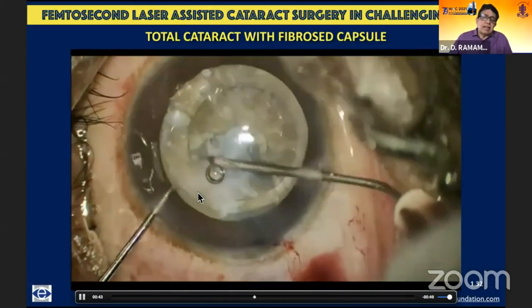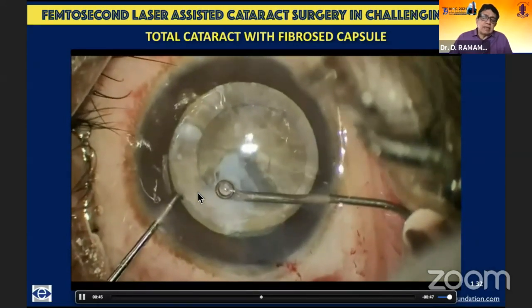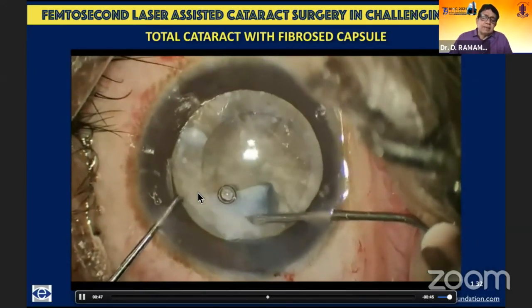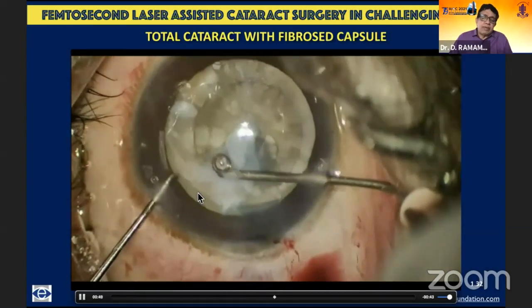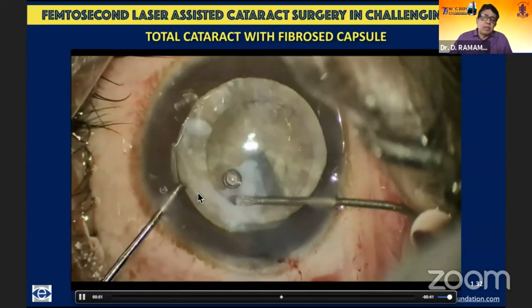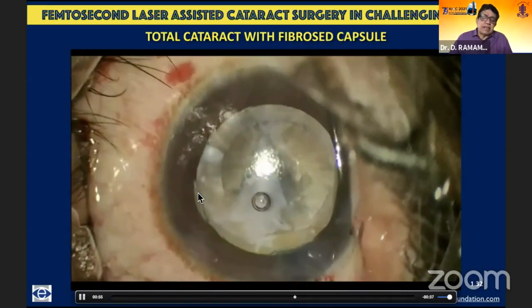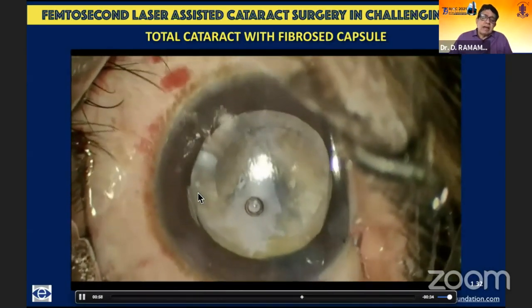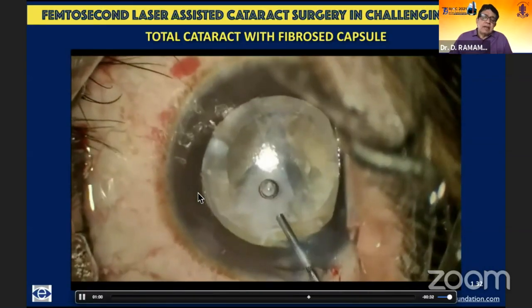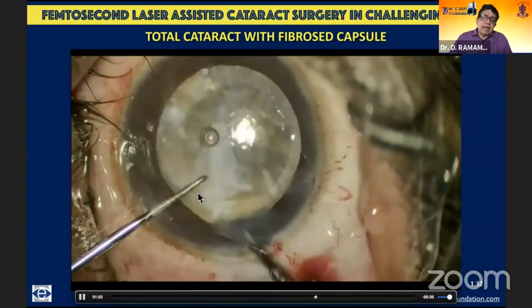And you can see that there is some amount of nucleus segmentation also that has happened. And even with the 26 gauge needle, I'm not able to separate the rest of the capsule from the area of its dense adhesion. So I go in with the scissors, and it's just common sense with the usage of the right technology.